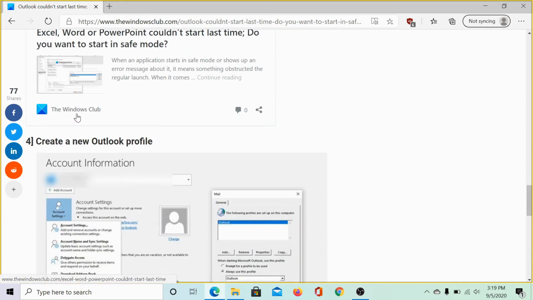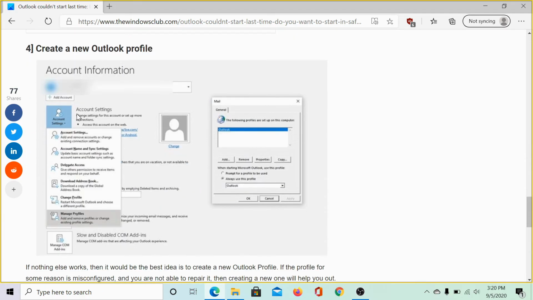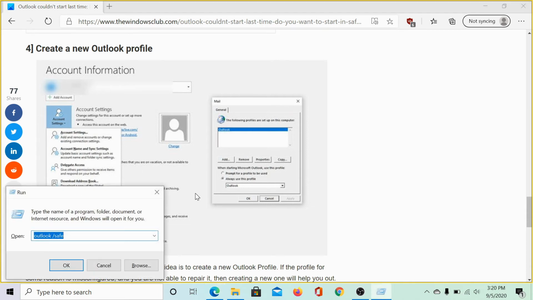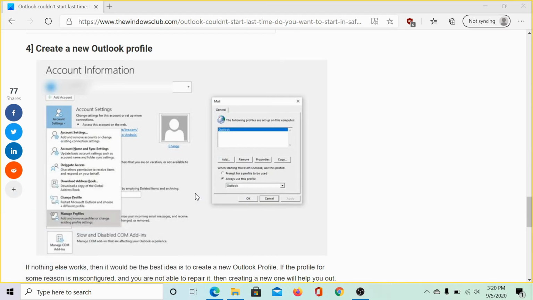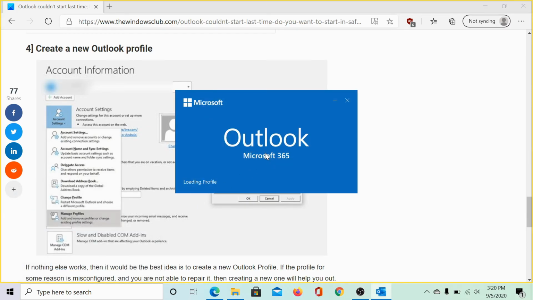If everything else fails, you could consider creating a new Outlook profile. Since Outlook is not launching, launch it in safe mode once again. Wait for the profile to load.